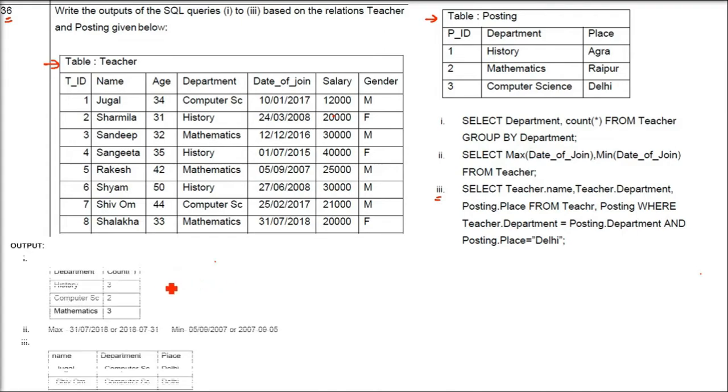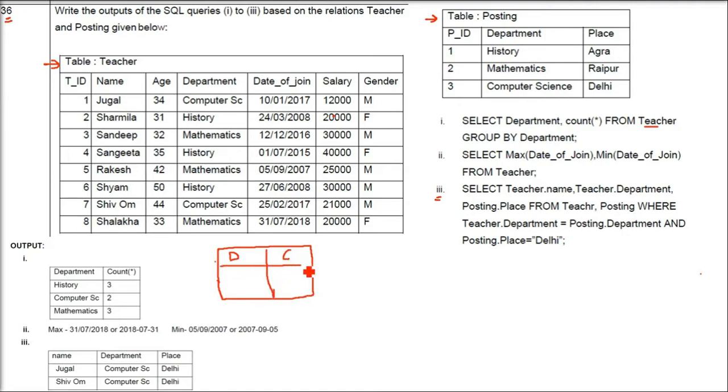What does it mean? Let me show you the solution. Now there is a small problem in this solution. I'll just tell you what the problem is. From teacher, that is, you have to use the table as teacher. So this table we are going to employ. Select department and count. So whenever the table comes, one column will be department, the other column will be count. I'm writing only the initials, department and count. There will be 2 columns, because whichever we select, those will be the columns.